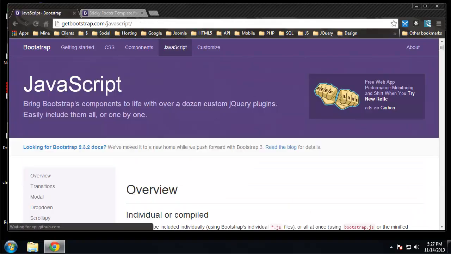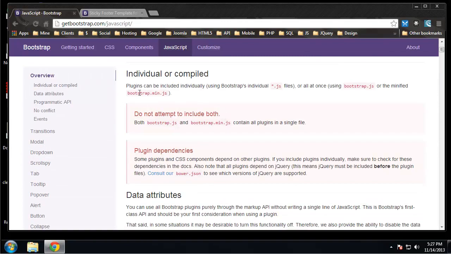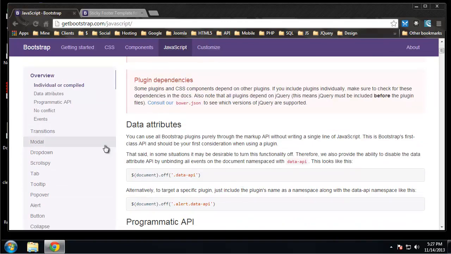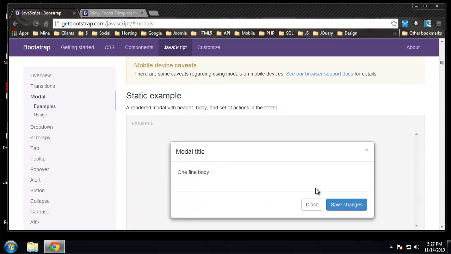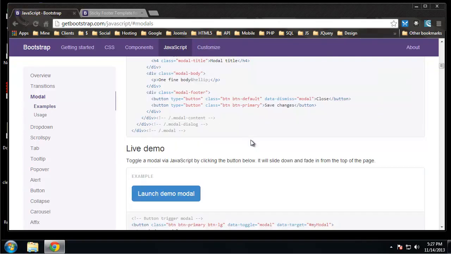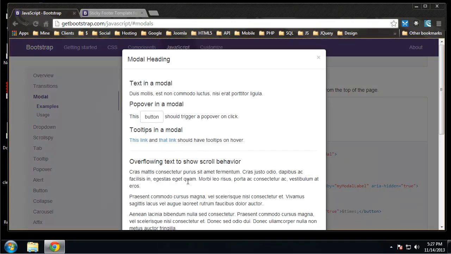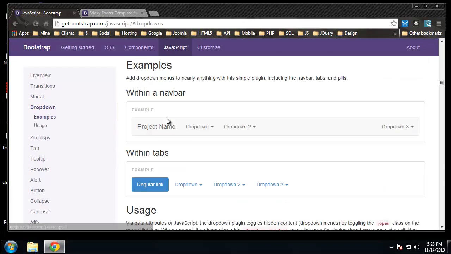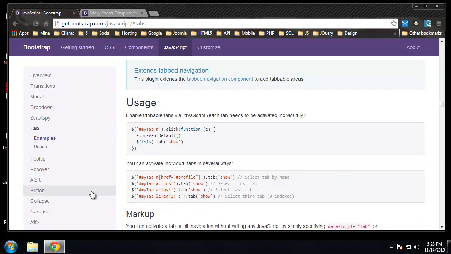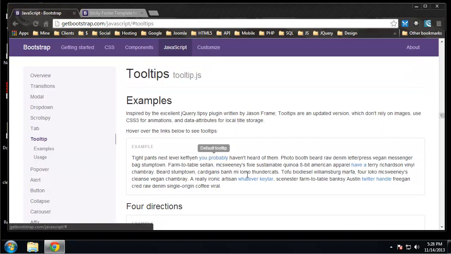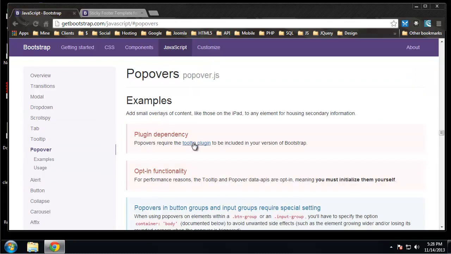Alright, so JavaScript, you have to include the bootstrap.js file to get any of this functionality. So transitions, we have modal boxes, so pop-ups like this. If we have a little demo here, so we can have pages inside pop-up boxes like this. The drop downs, again, these are also in the component section. Let's see, tabbed, we have tabbed interfaces, nice jQuery effects. Tooltips, okay, nice tooltips. Popovers,